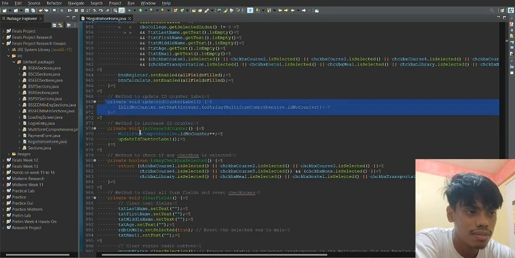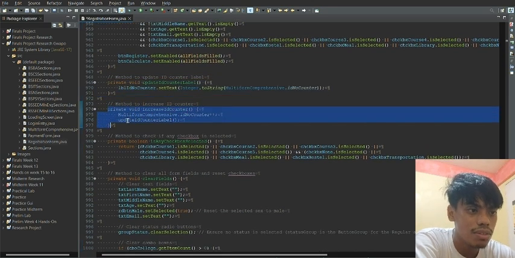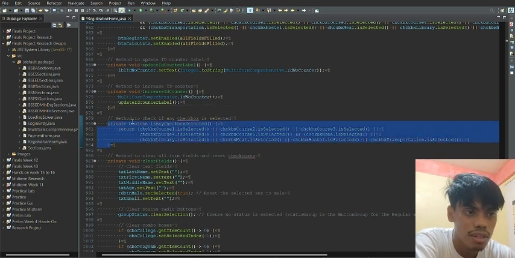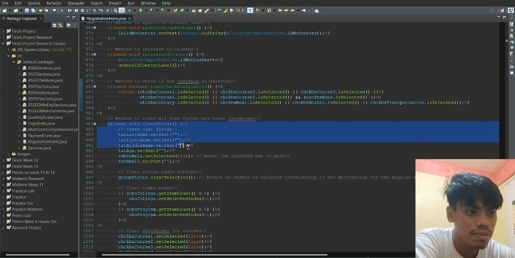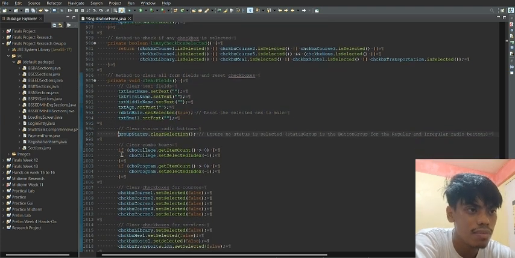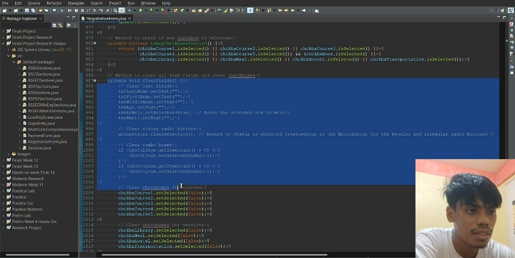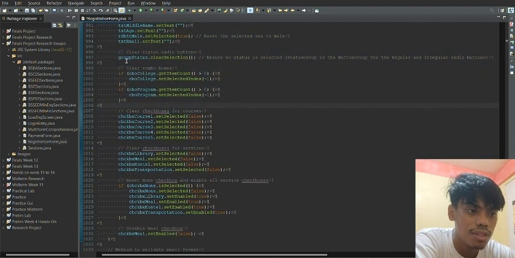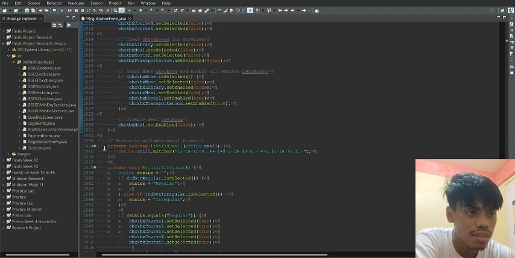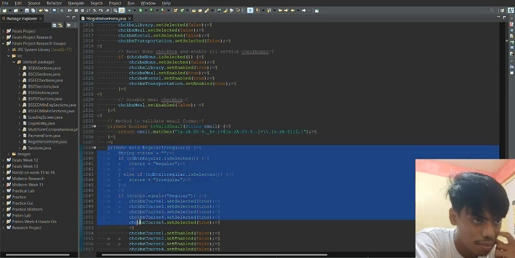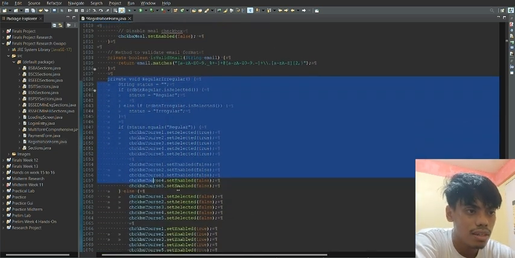And a method to check if any checkbox is selected. If not, it will not enable the register button. And a method to clear fields, clear all the user input, and disable some buttons. A method to check if the email is right, if the user is regular or not regular, and a method if